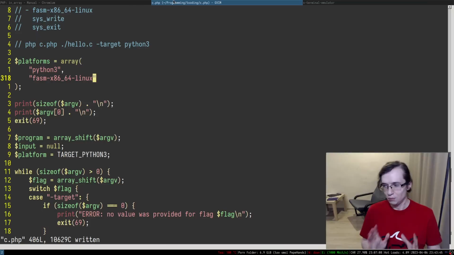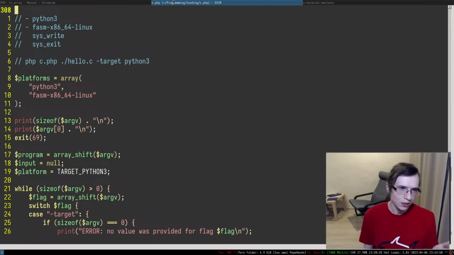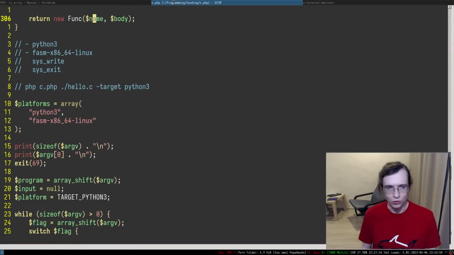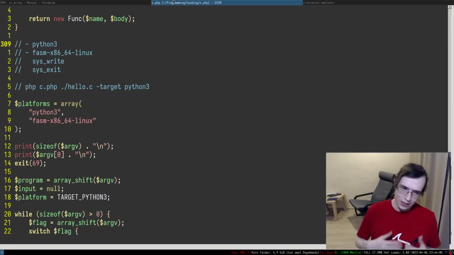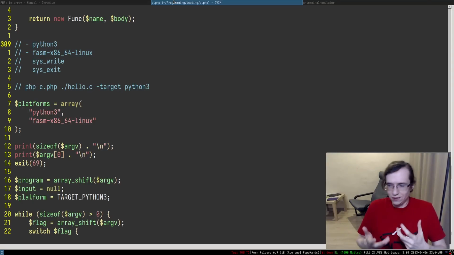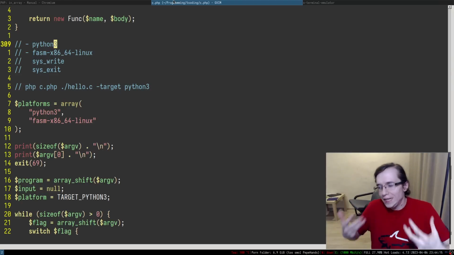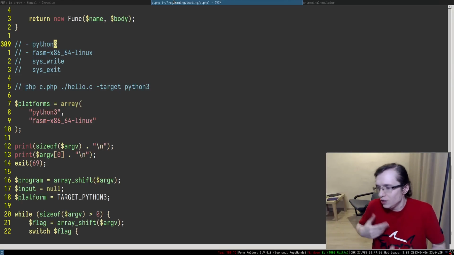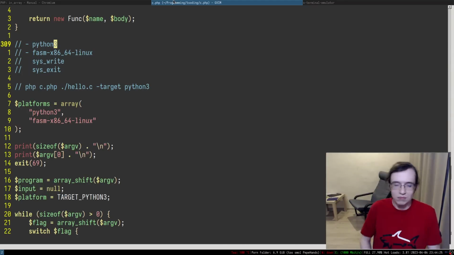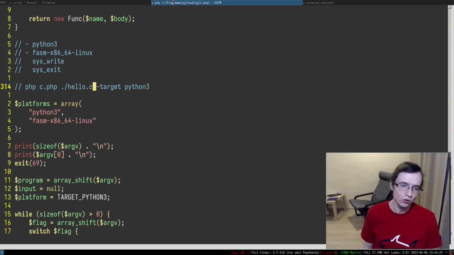Does all that make sense? I think it does make sense, right? Sometimes people don't understand why I'm rat-holing about these unimportant things, right? But this is because I'm thinking in the future, what if I'm going to add more and more and more? So I'm thinking about the UX of the code, if that makes any sense. Not that many people actually think about it too much. What's going to be the experience of adding a new platform? It should be as easy as just adding a new string in here, right?